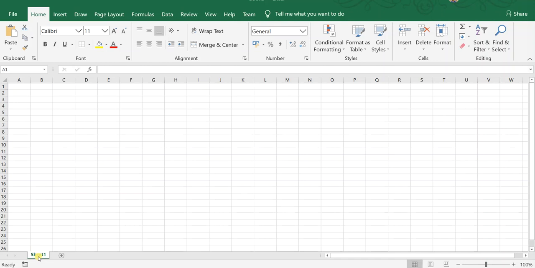And here you can see sheet. For every workbook you can have n number of sheets. The number of sheets depends upon the storage of your system. So you can add n number of sheets. To create sheets without using the mouse, you can just use a shortcut on the keyboard. It's Shift F11. I repeat, it's Shift plus F11. Okay, let me click.